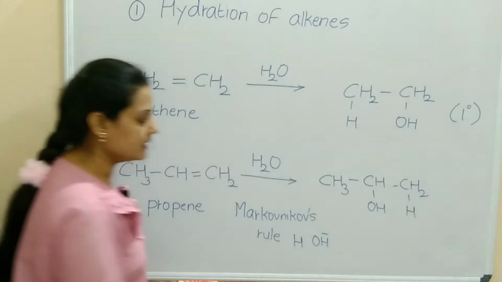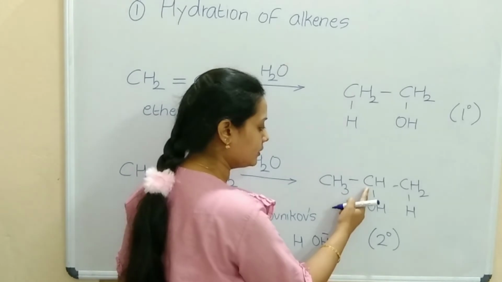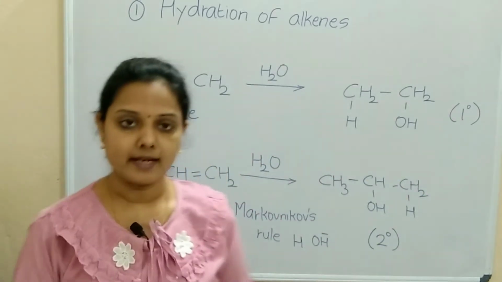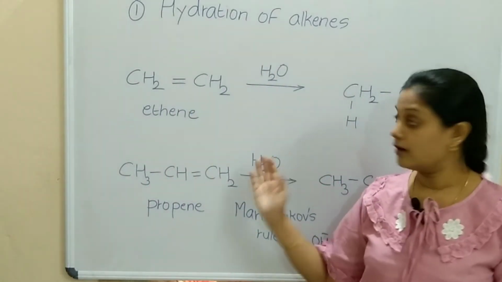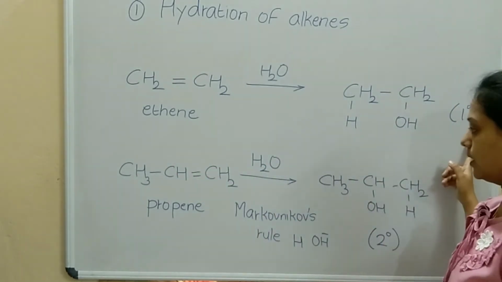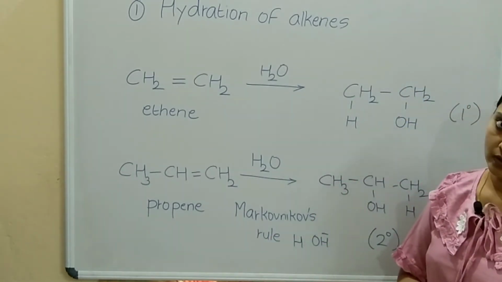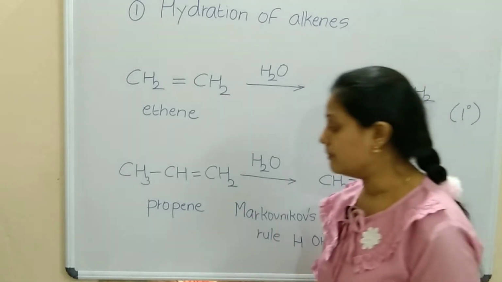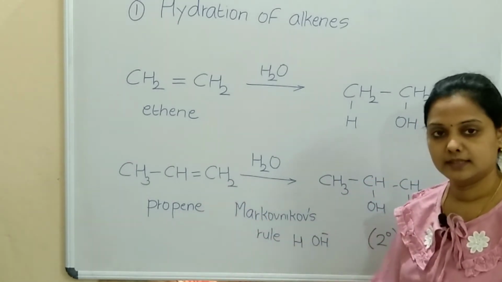So we are getting a secondary type of alcohol here. Why secondary? You can check here. OH is attached to a carbon, and that carbon is attached to two other carbons. So it is a secondary alcohol. So, hydration of alkenes, the direct way of adding water: if it is a symmetrical alkene, it will give primary alcohols. Unsymmetrical alkenes will give secondary alcohols. Make a note of this. Also try to write the reaction with another compound, butene, and with the next one, pentene.